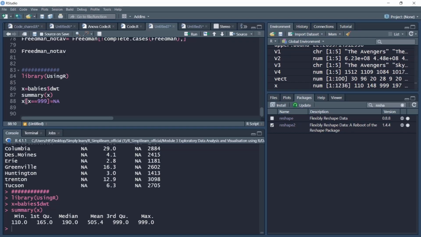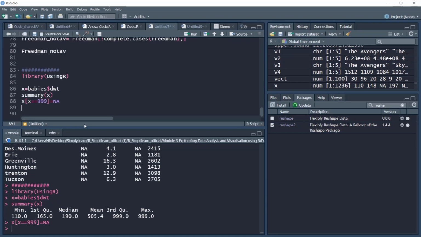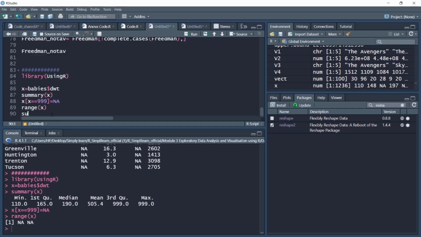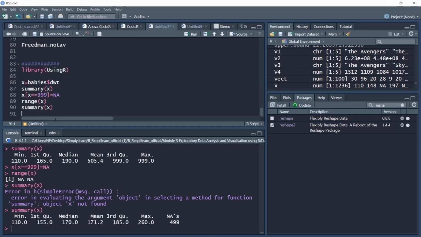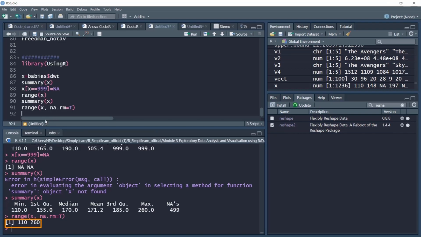Now, once I do that, the values will be replaced by NA. So again, a similar problem with the use of NA variable will emerge. If I compute range of X, it will be NA. If I compute summary of X, notice there are some NA values, but still we get some of the good summary measures like minimum, median, mean, and so on. For range also, we can make use of na.rm equal to TRUE, which is very useful. So we get the range. So in this way, we handle the NA values in our data frame and vector of variables.